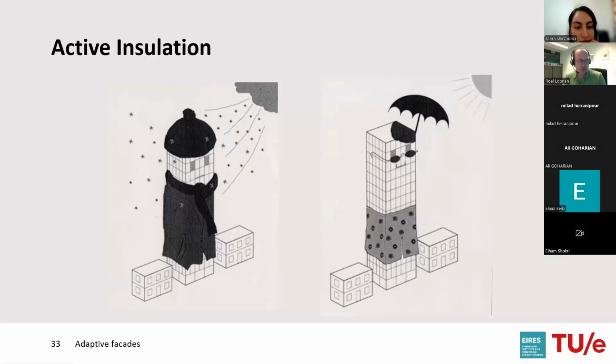So in the same way as we people adjust our skin, or in this case, the clothes we are wearing, wouldn't it be interesting to look if this could be applied to buildings? And actually, this can be done using a concept of active insulation,